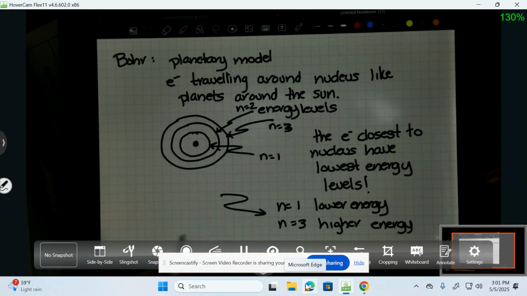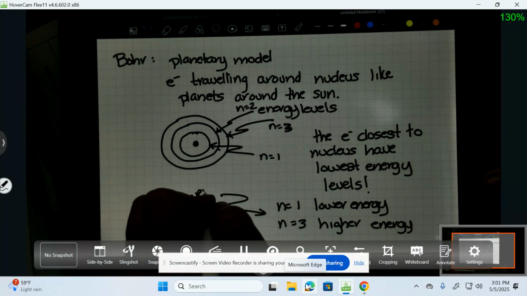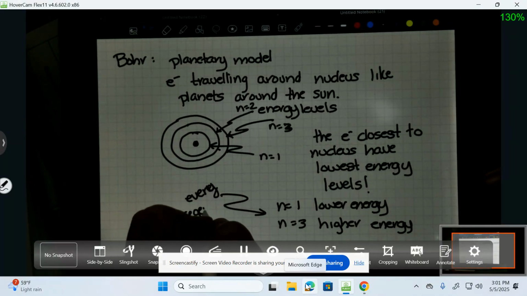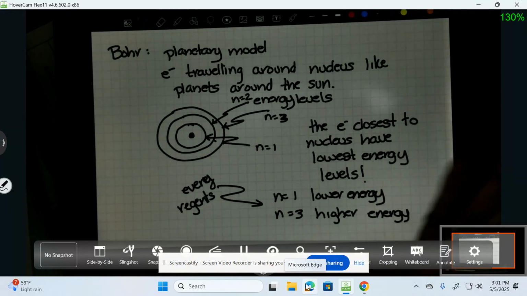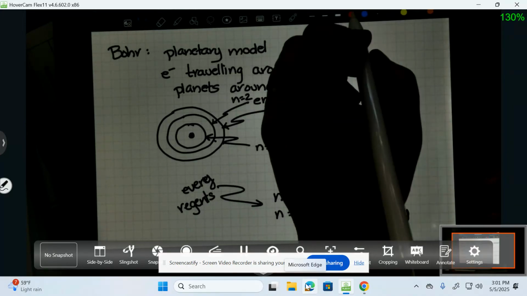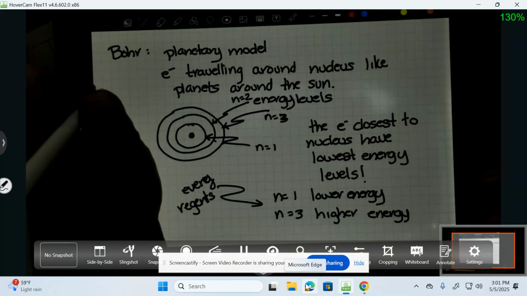This is on almost every Regents. The further you get away from the nucleus, the more energy you have. Okay. Bohr also told us, I'm going to switch colors just to make it a little bit more interesting here,